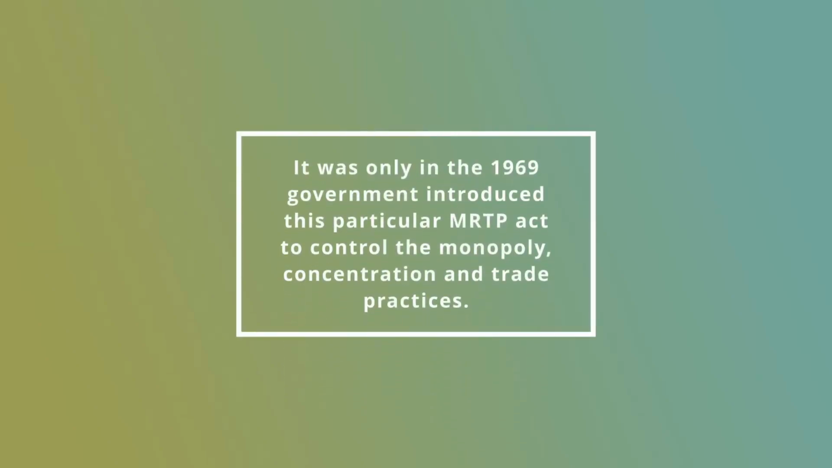Now we come to another policy, which is related to the control of monopoly concentration power. The government passed an act named the Monopoly and Restrictive Trade Practices Act in the year 1969. Before that, no measures were taken by the government to control monopoly concentration in our country. It was only in 1969 that the government introduced this particular act, the MRTP Act, to control monopoly concentration and trade